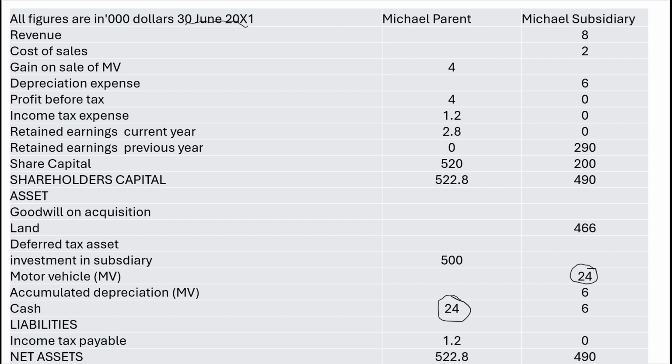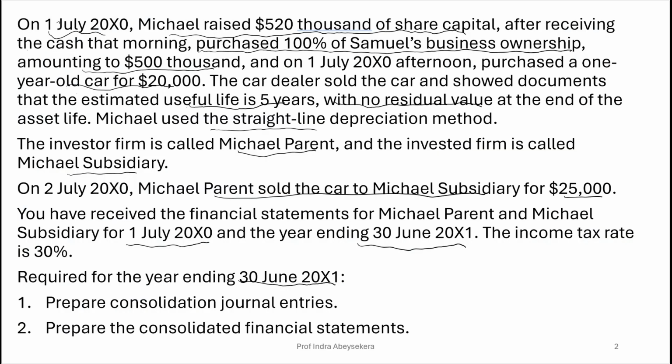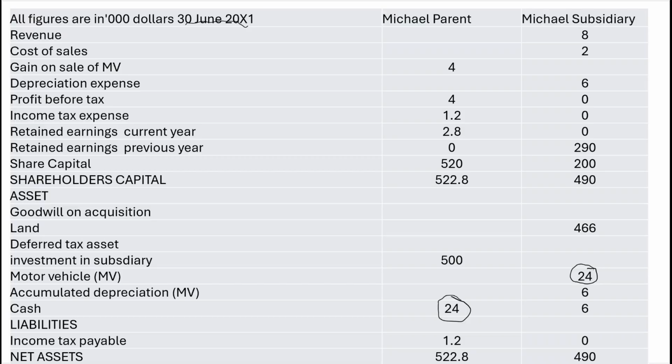So the remaining useful life of this motor vehicle, because it has been 5 years, and when it was purchased, 1 year is expired, the remaining useful life is 4 years. So 4 years is the remaining useful life and $24,000 is the purchase price